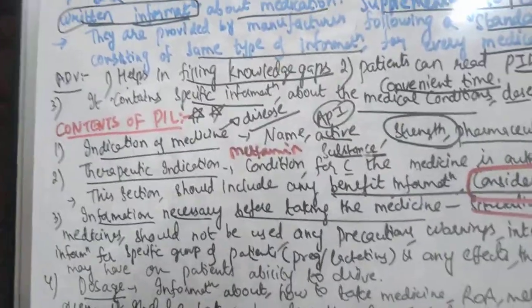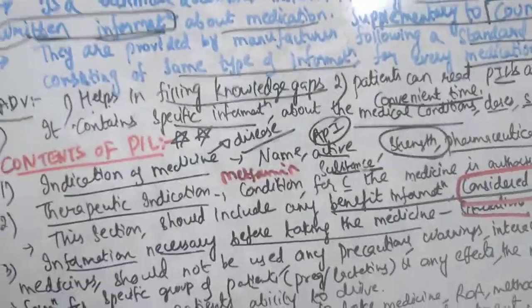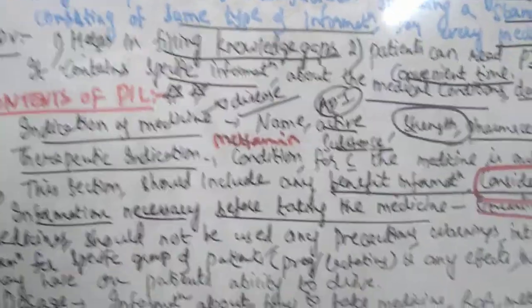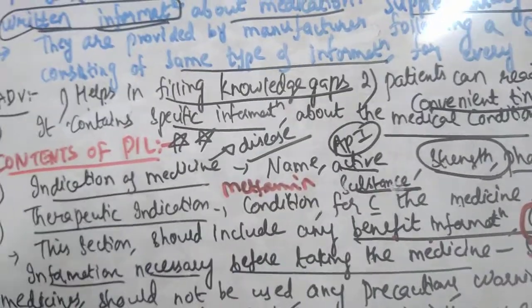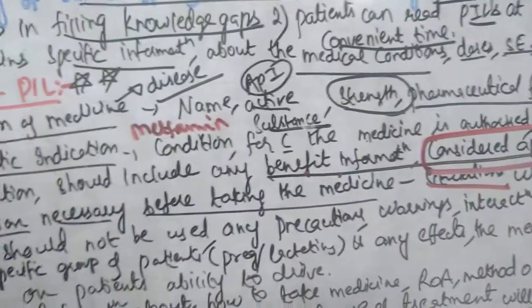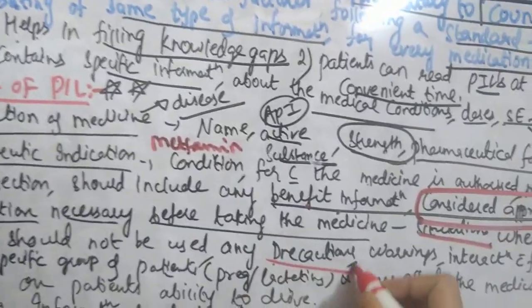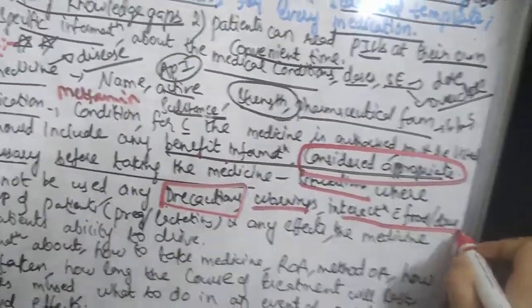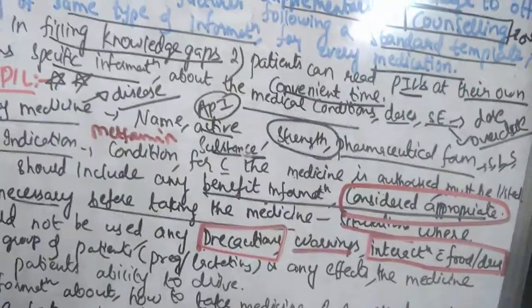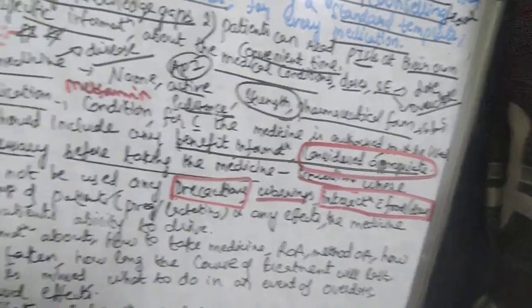For example, when a tablet can be used for a middle-aged patient, the same tablet in some cases cannot be used for a geriatric or pediatric patient. So what are the situations in which the medicine should not be used? That should be listed. Any precautions you should follow while taking that medicine should be listed. Any warnings, and whether that medicine has interaction with food or drug: food-drug interactions, drug interactions, should be listed.